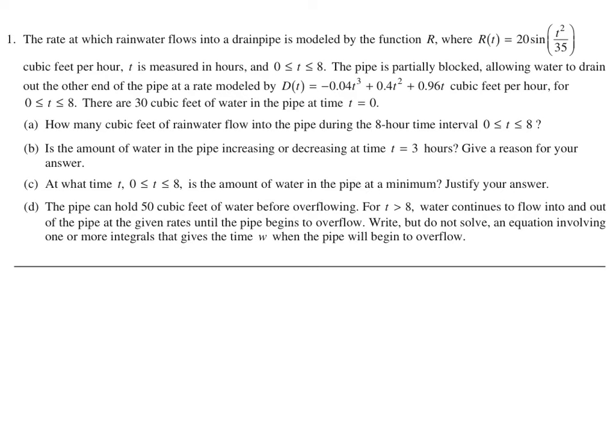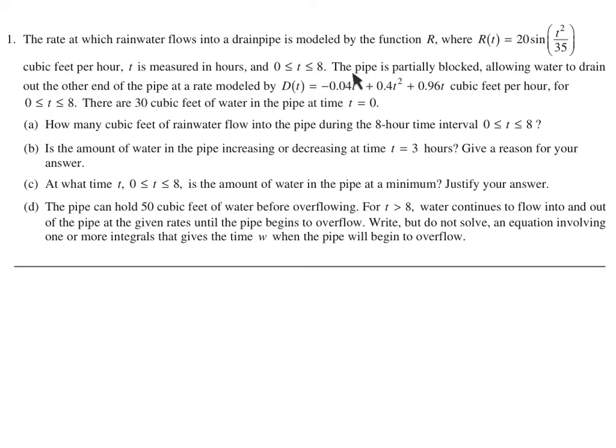This is FRQ 2015 question 1. The problem: the rate, that's a key word, of rainwater flowing into a drain pipe is modeled by this. R for rate. They use R for rate a lot of times. In cubic feet per hour. That's going to be important. T is measured in hours from 0 to 8, so it's 8 hours worth of rainwater flowing into a drain